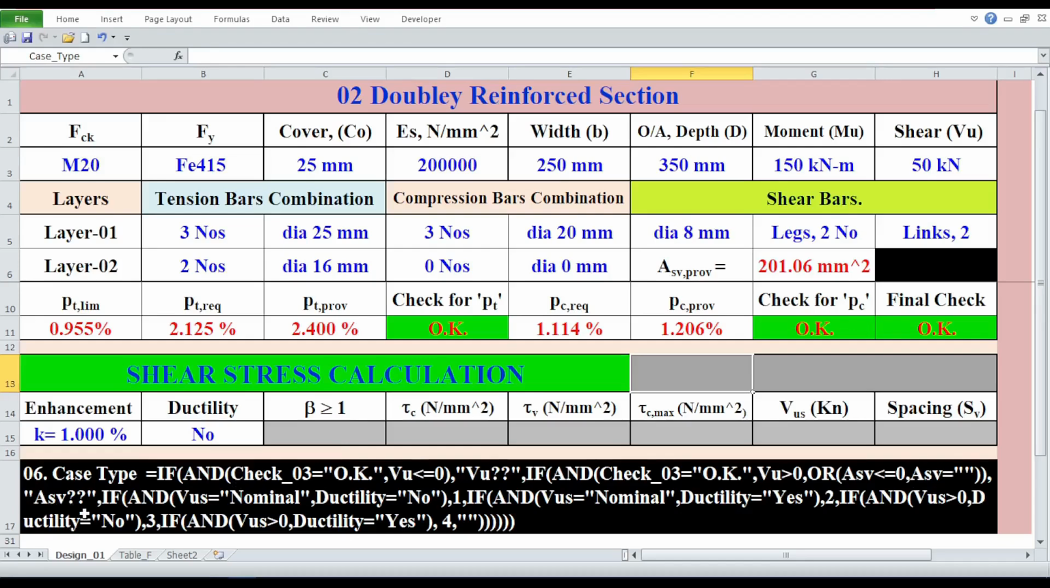with double note of interrogation, comma, IF, open parenthesis, N, open parenthesis, VUS equals within quotation, nominal, comma, ductility equals within quotation, no, close parenthesis, comma, 1, comma, IF, open parenthesis, N, open parenthesis, VUS equals within quotation, nominal, comma, ductility equals within quotation, yes, close parenthesis, comma, 2, comma, IF, open parenthesis, N, open parenthesis,